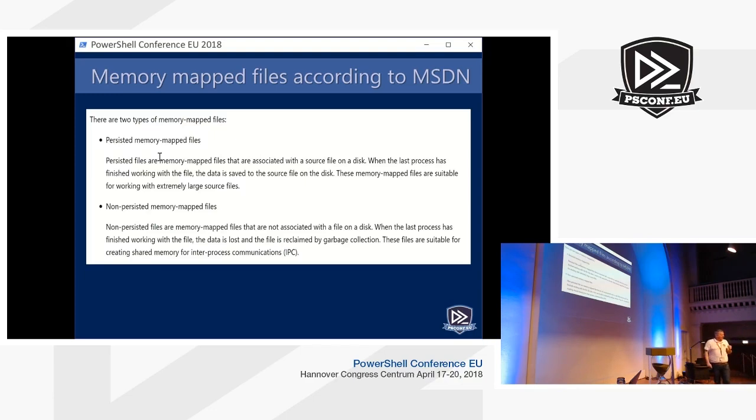Now, there's also one that says non-persistent memory mapped files. Like memory mapped files that are not associated with a file on disk. It uses a lot of times the word file to make sure that I understand that it's not a file, basically. It's a piece of memory. And the cool part is, you talk to it in the same way as you would talk to a file. You can just use a stream reader and a stream writer to talk to it, to memory. And one of the other ideas that I had,